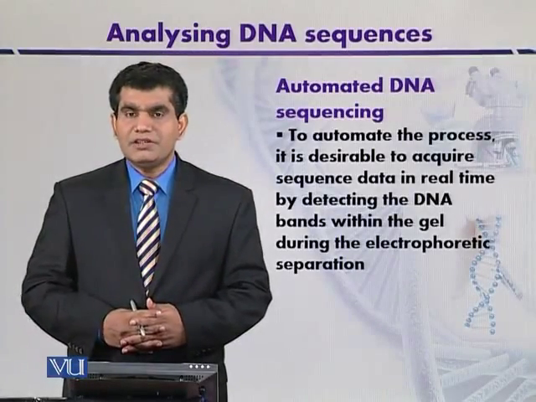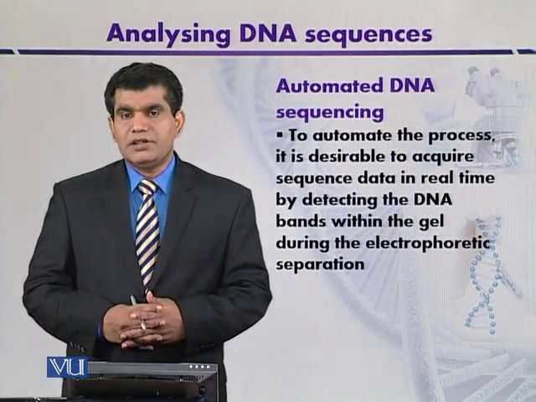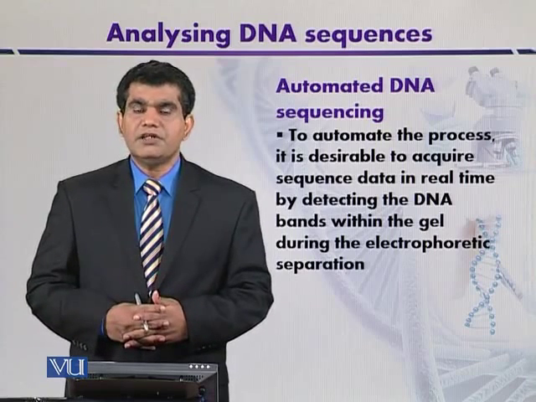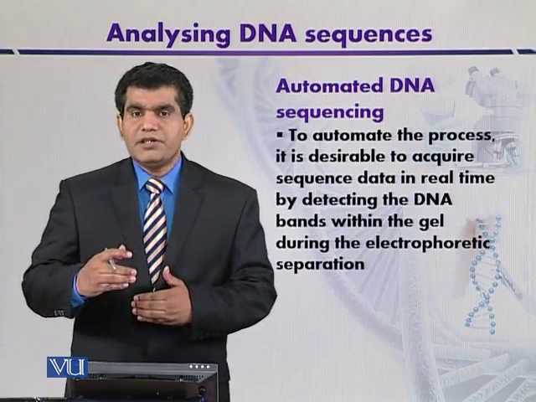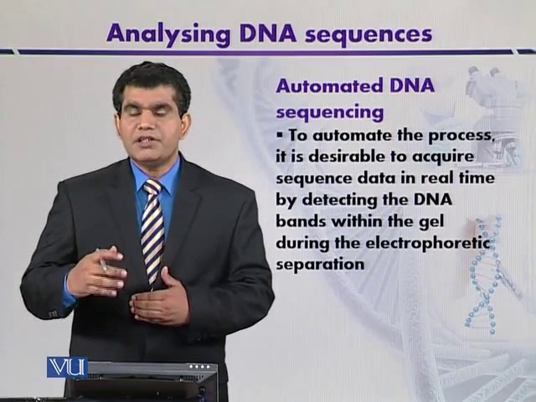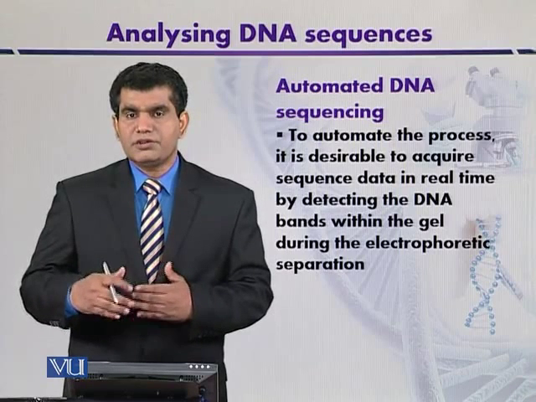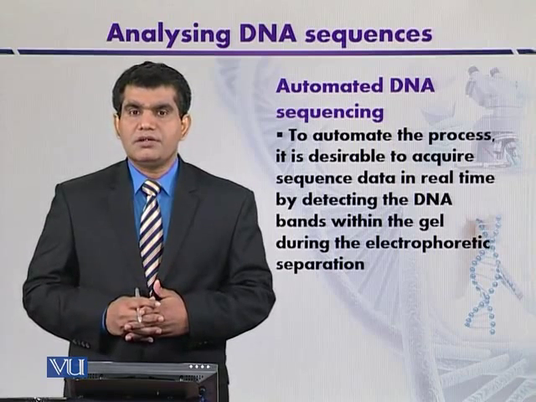Automated DNA sequencing. Now we have the idea that in manual sequencing, like in case of the chain termination method, the DNA fragments that are variable in their sizes are separated on agarose gel, and then the separated fragments are detected by